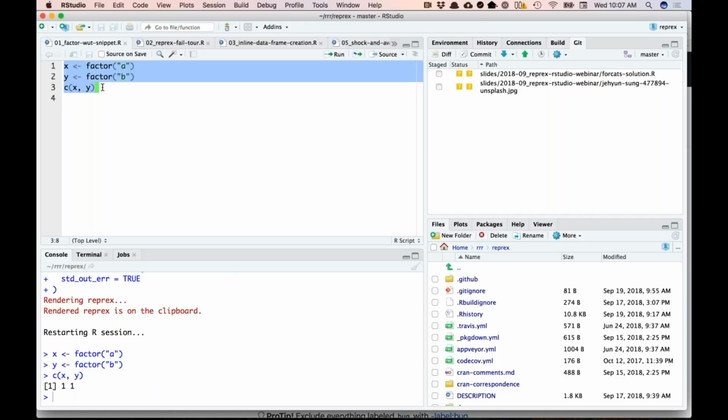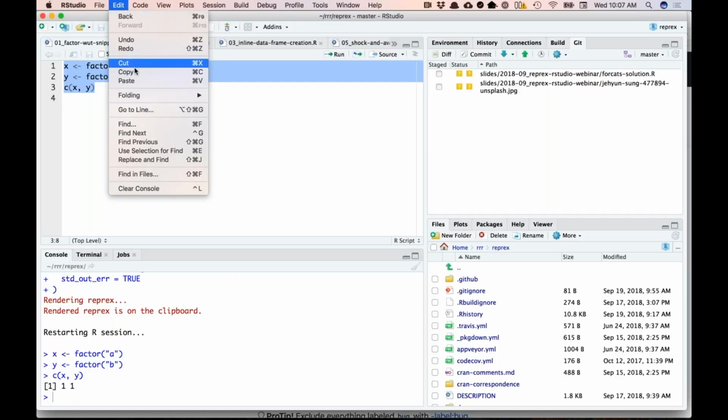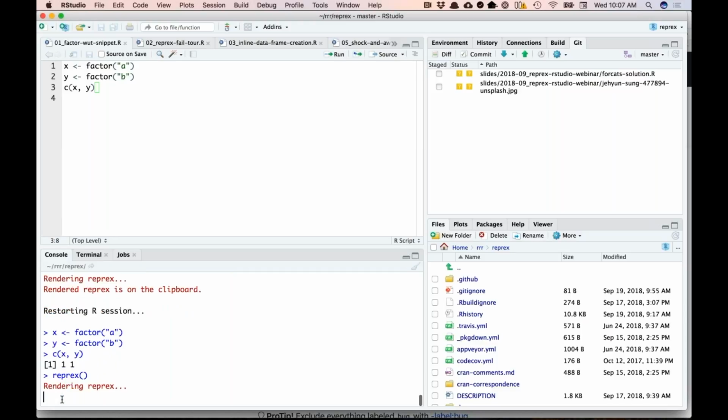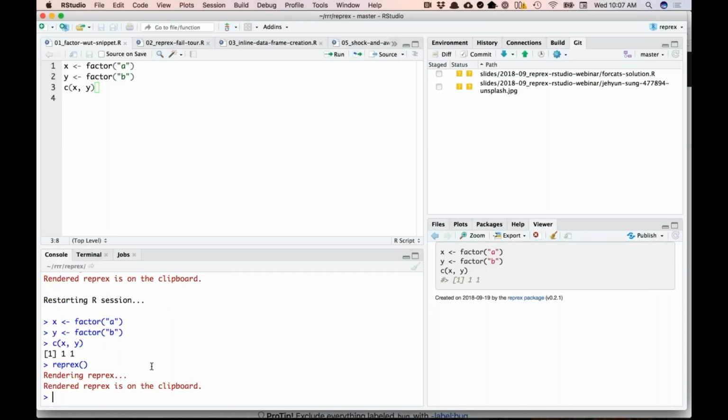So I would select a little piece of code and copy it to my clipboard. Then over in the R console, I'm going to type reprex. And you will see that little piece of code is run. And then basically a beautiful, attractive version of that is stored on my clipboard, and I can preview it here. So if I were to